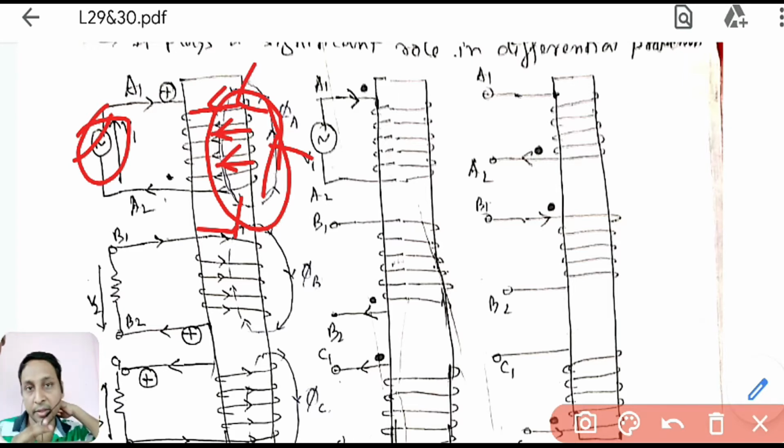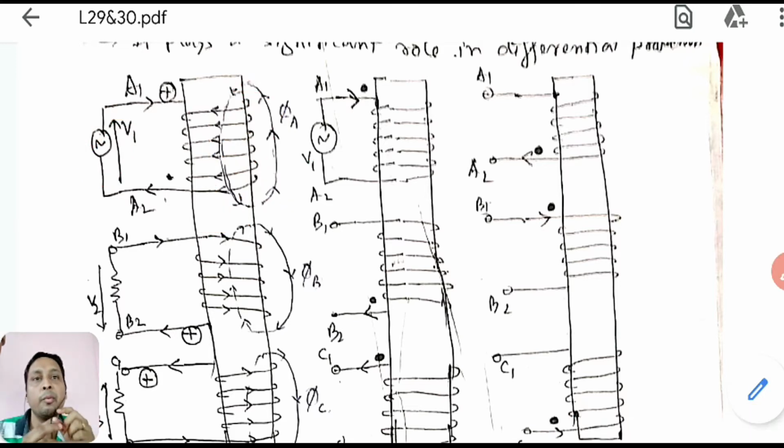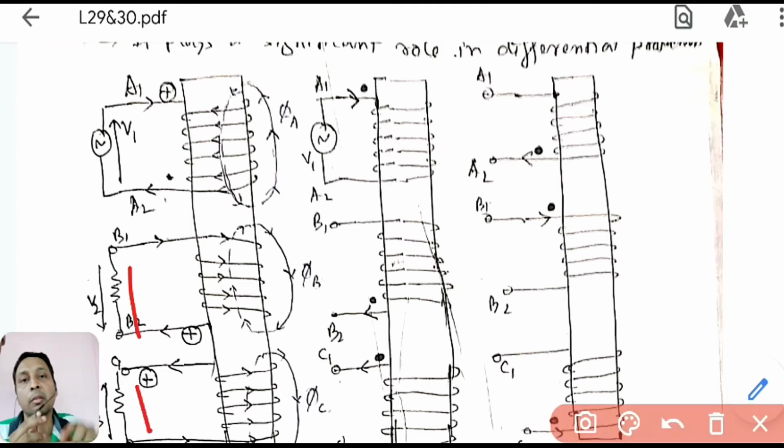So this is the flux that is created by A, that is phi A. Now due to this flux, EMF will be induced in the other coils, and the other coils are connected with resistors, so they are shorted with resistors, and current will flow in the other coils. In the other coils, this current will flow in a manner so that it opposes the cause of its creation. Who is the cause of its creation? Phi A is the cause of its creation. So it will try to oppose it by using Lenz's law.